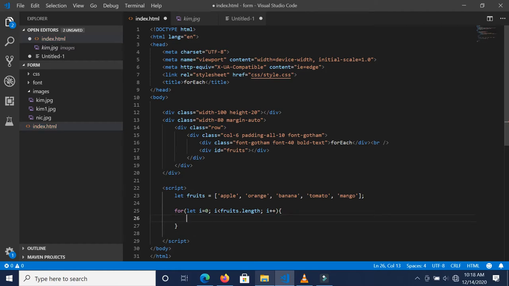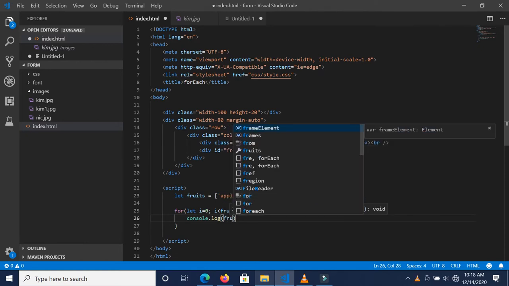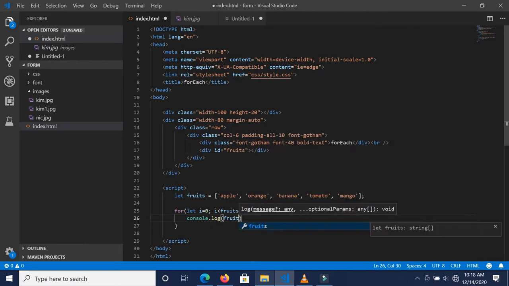And then you may do something like console.log fruits[i], and this is going to log each and every item